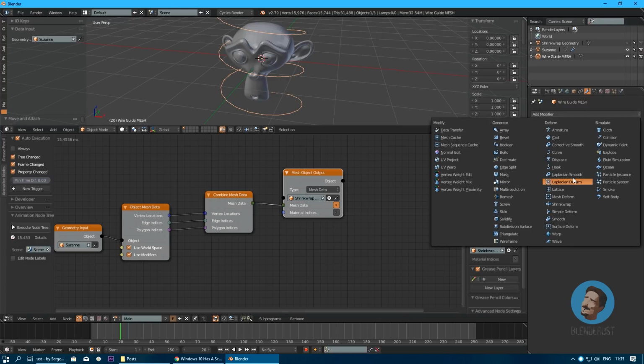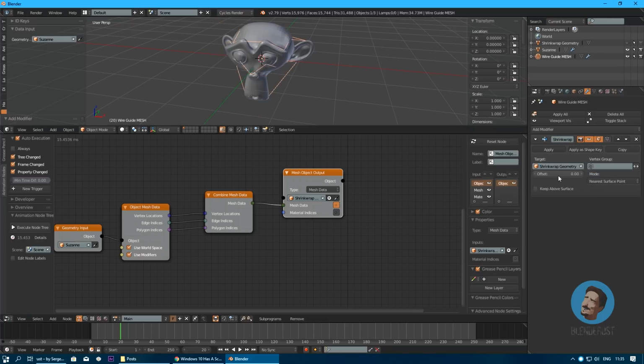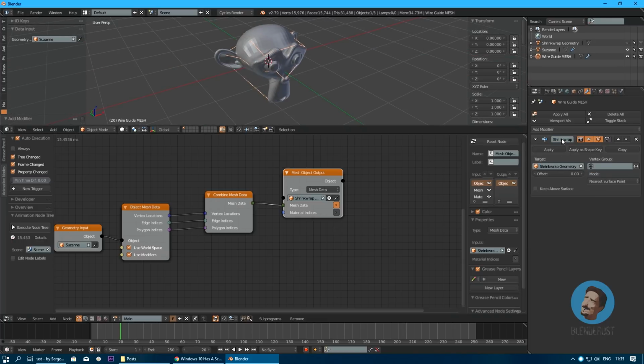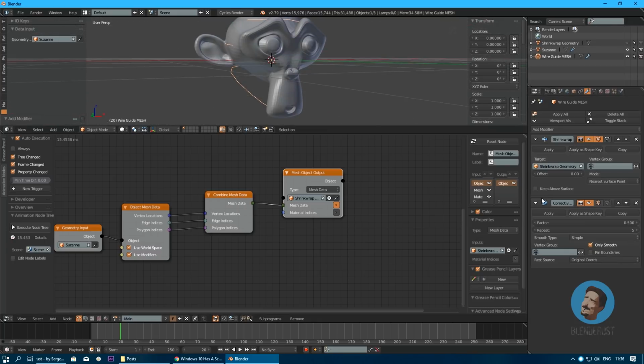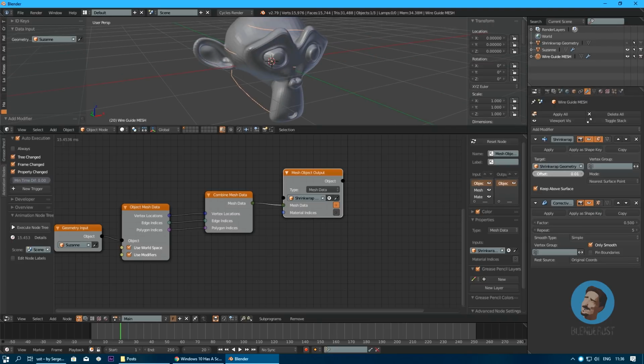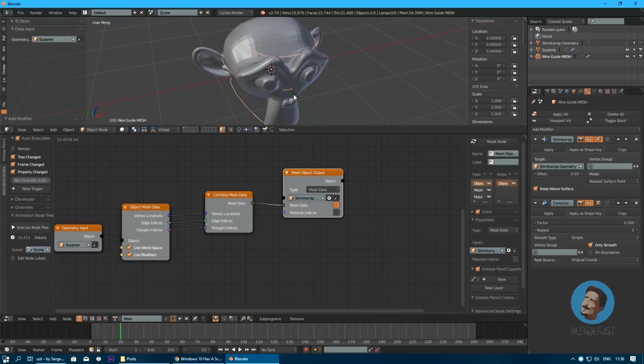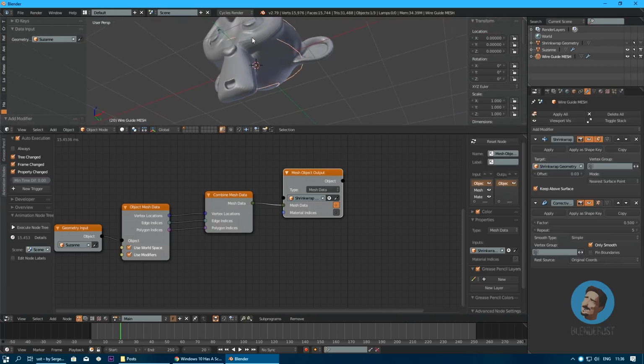So Shrinkwrap to Shrinkwrap geometry, right? And then also we need corrective smooth only, and you don't want to tweak the factor value. Instead, you want to tweak the repeat values. But first, for the Shrinkwrap modifier, keep above surface and slightly offset it, like 0.03 will be enough. And we can see now it